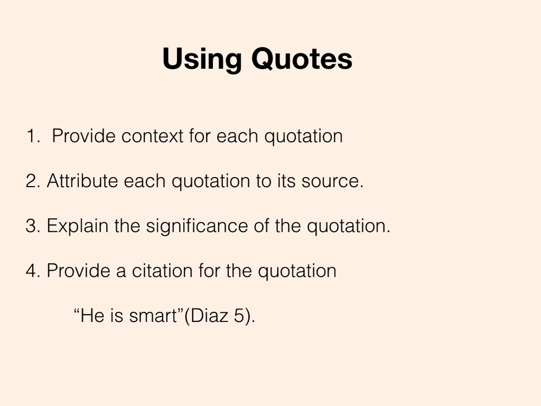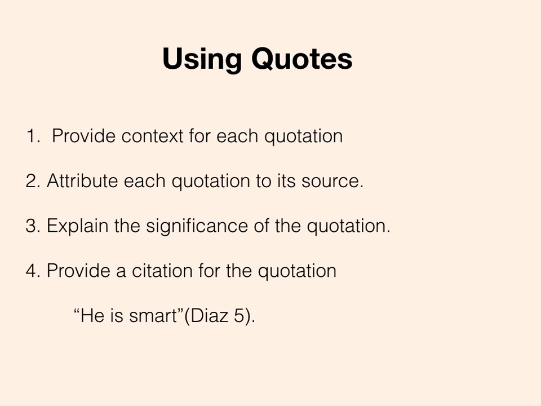Attribute each quotation to its source. Quotes don't exist by themselves, meaning a quote shouldn't start with a quotation mark and end with a quotation mark alone. There should be a "he said, she said," and don't just put he or she. It should be the narrator: Oscar says, Lola says. Every quote has an owner, and you have to tell me who is saying that. It shouldn't be attributed to Junot Diaz. It's his story, but it's not his voice. The voice is either the narrator, which is Yunior, or a specific character saying that quote.